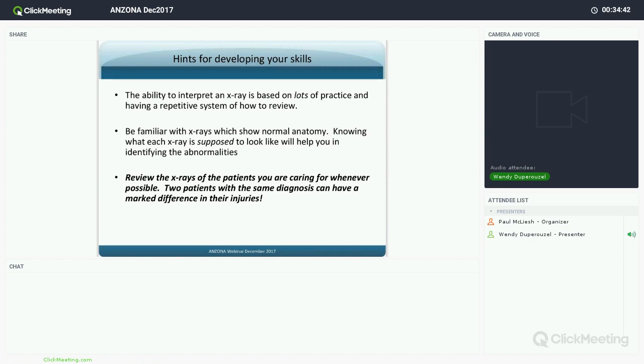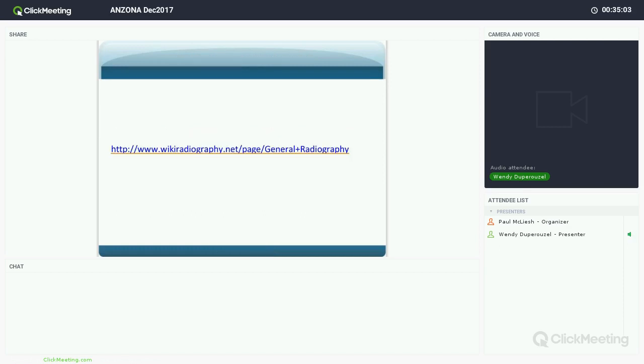Okay, so do get into the habit of having a review of the patients that you're looking after. Visualise the injury that you're dealing with, visualise the injury that you're managing. Certainly when you're looking at the pain management, that's going to be giving you a lot of hints along the way if you can actually picture and visualise the injury that's sitting there under the skin for you as well. To have a look at the normal as well as the abnormal,